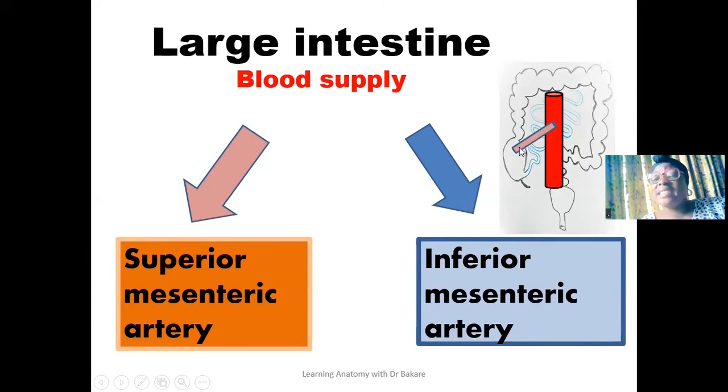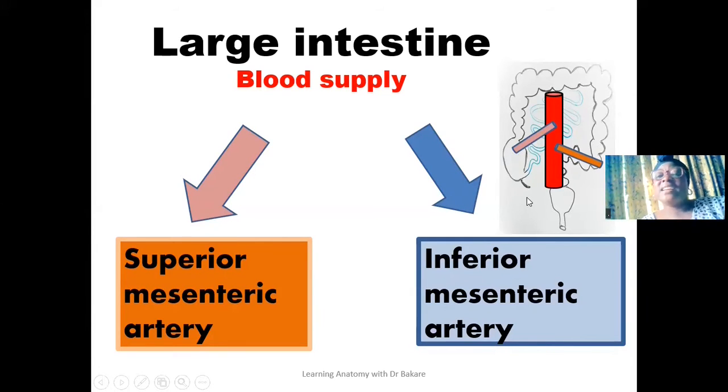large intestine, and this includes the cecum, the appendix, the ascending colon, and also the right two-thirds of the transverse colon. Then the second branch that would emerge from the abdominal aorta is the inferior mesenteric artery, and this will emerge just inferior to the superior mesenteric artery, just as the name implies, and this will supply the remaining region of the transverse colon, which is the left one-third, the descending colon, the sigmoid colon, the rectum, and also the anal canal. So you can see that these two vessels are giving off branches to supply the different regions of